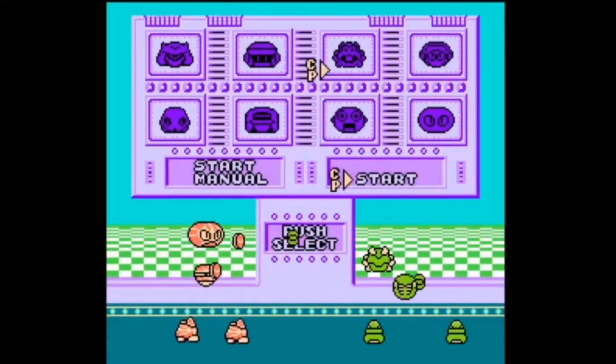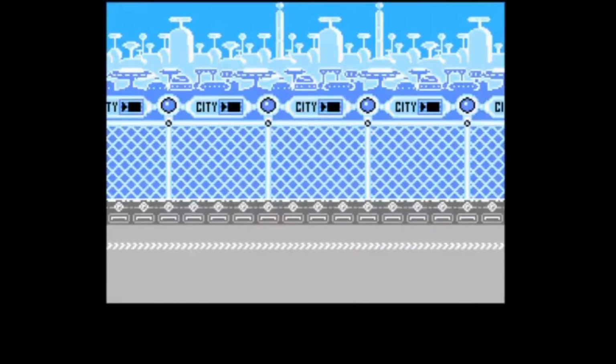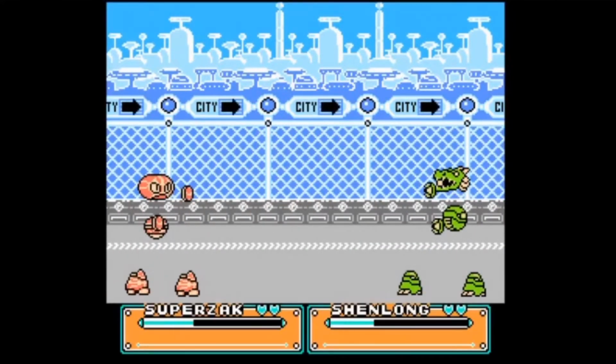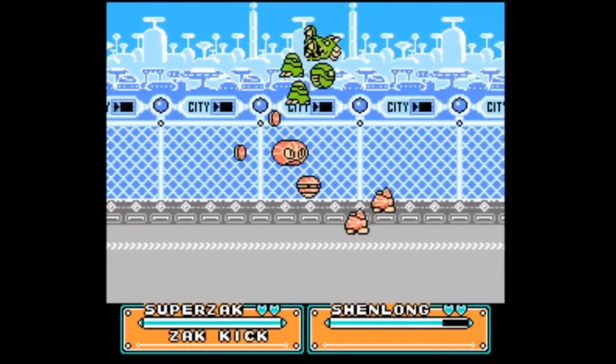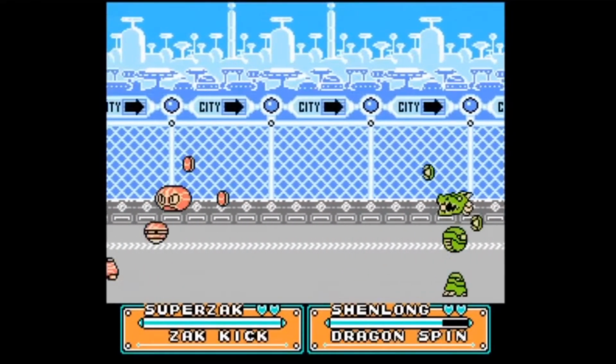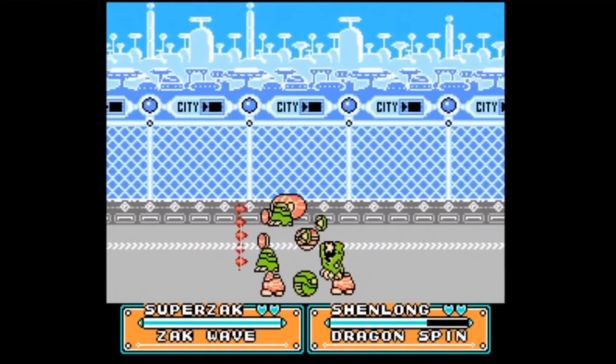Now, Superzak's game plan is at its core fairly simple. He wants to get in and get in fast. Despite the fact that his entire game plan can be summed up like that, and this game doesn't exactly have a shortage of rushdown characters, there are a few things he does that make him feel very different from the rest of the cast, which is what I'll be going over in this video, starting with how to use